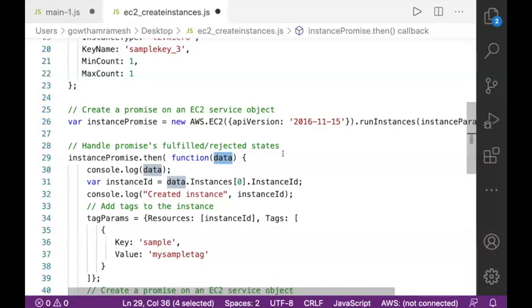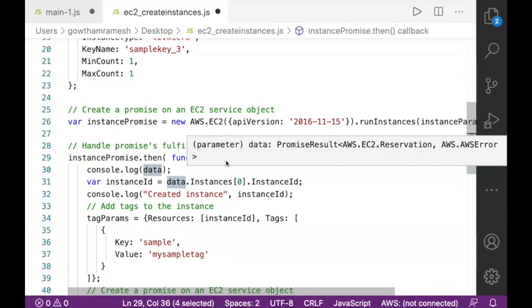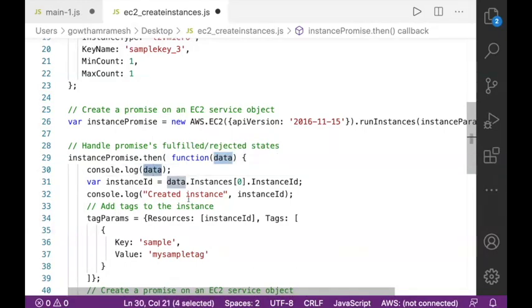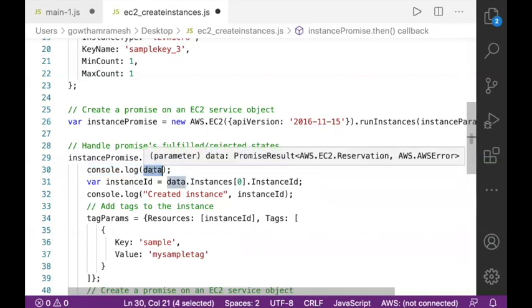Data is nothing but, whenever you successfully create an instance, the meta information about the instance is passed to the client by using the data. If you access this data, you can access all the meta information about the instance which you currently created. So what am I going to do? console.log, which means I'm going to display in the console, wherever you execute this program, whatever data or response you received from the AWS remote server. The data is actually in JSON format.